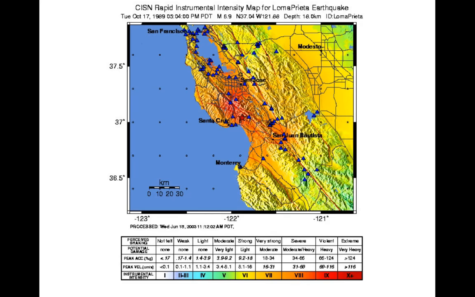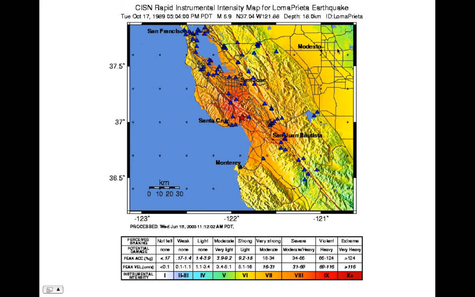Now here's basically the same map, but here it's color coded, showing intensities again for that 1989 Loma Prieta earthquake. And you can see that right around the epicenter here in Los Gatos, where the people are living, we're having intensities of 8s and 9s. As we go farther away, we attenuate, or get smaller intensities of 6s and 5s over here